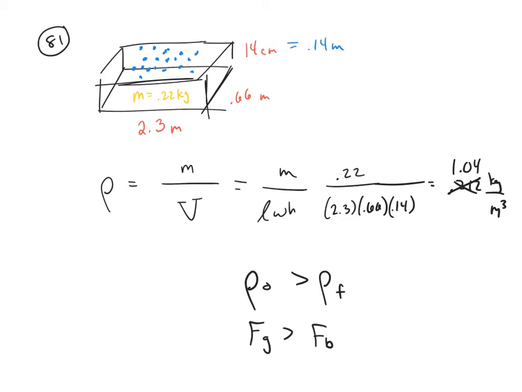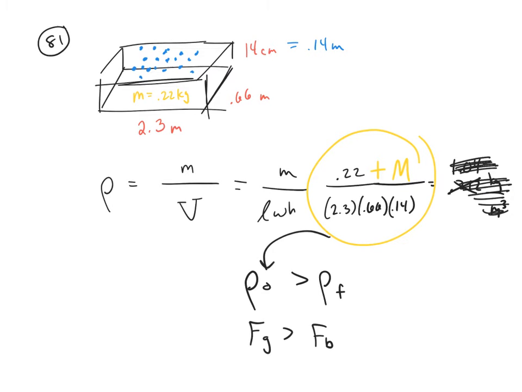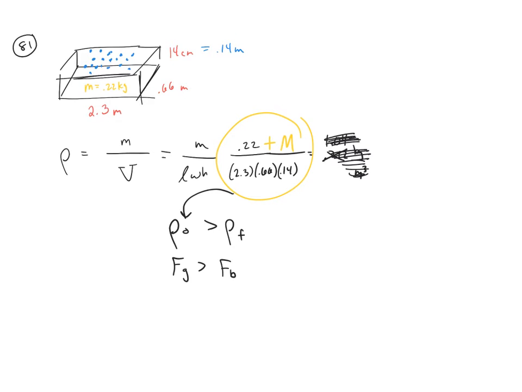Now, with that said, here's how the formula changes. We've got the same thing as this right here to find density, but now we're adding the mass of those extra objects. Again, the mass of the mattress plus the objects divided by volume will give us the overall density of the combination, mattress and mass together. So this number is no longer valid. We don't know the density, but we know that this number goes in for the object. So we can write this as